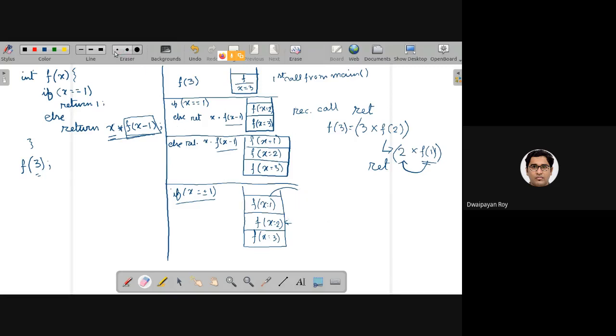So after this return 1, the topmost value will be popped, and it will be returning return 2.